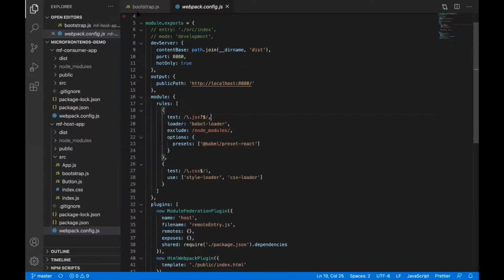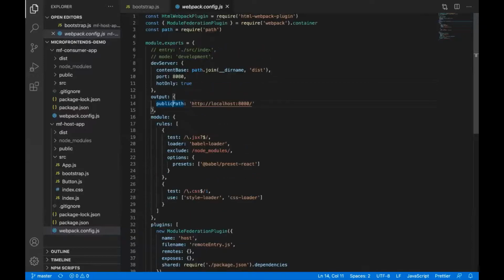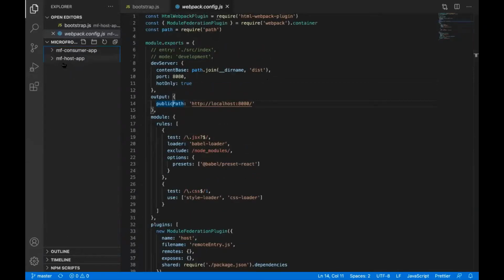What we have to do is, instead of this public path, this localhost, we have to point it to a production URL. How we can do that is, let's first go to the host webpack.